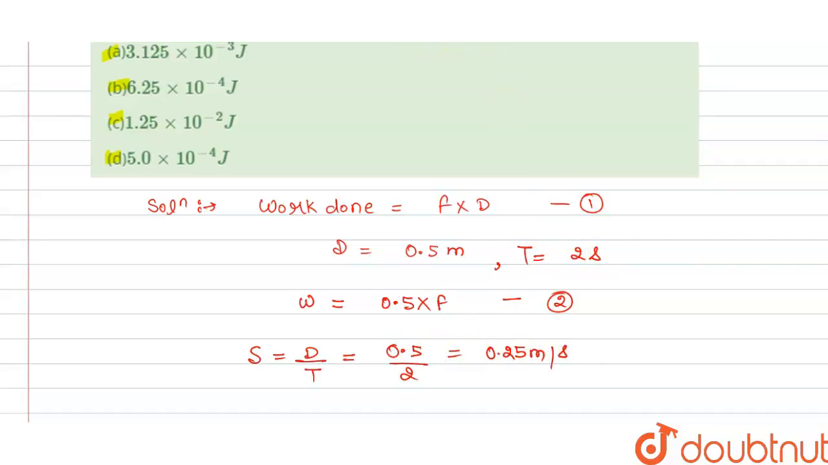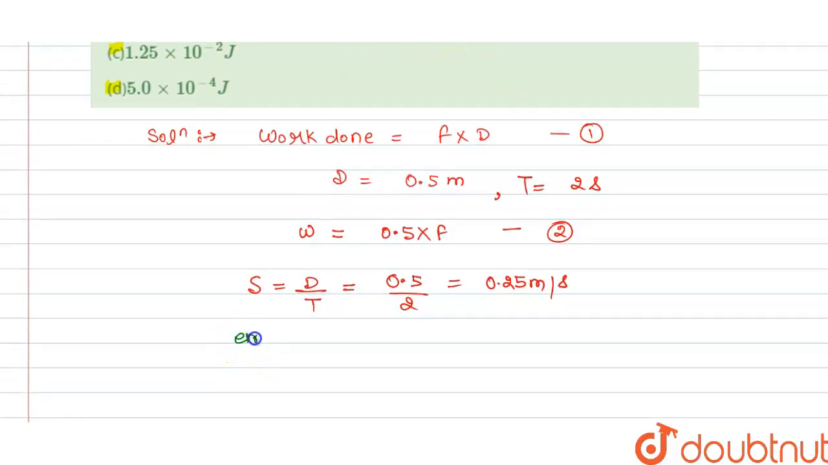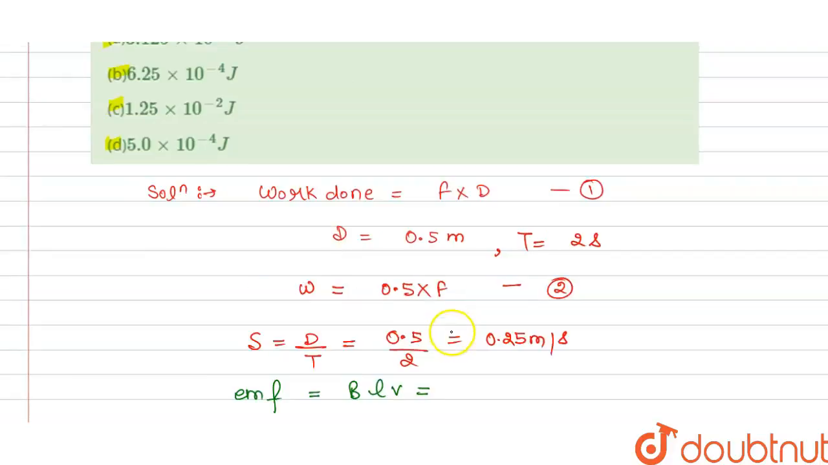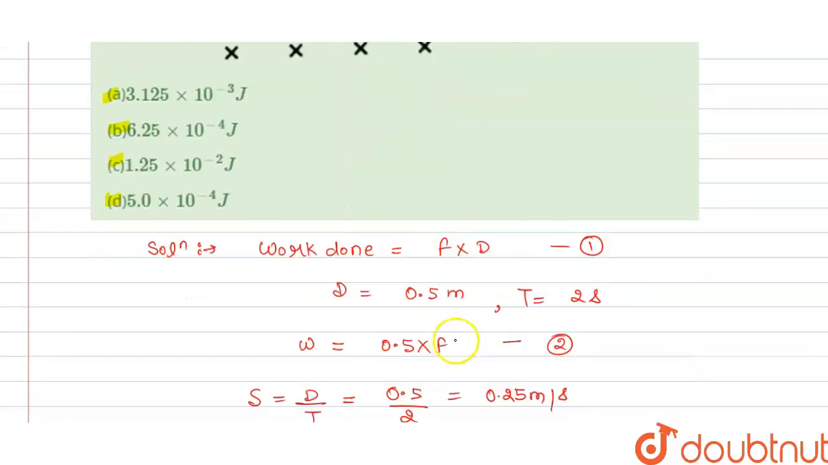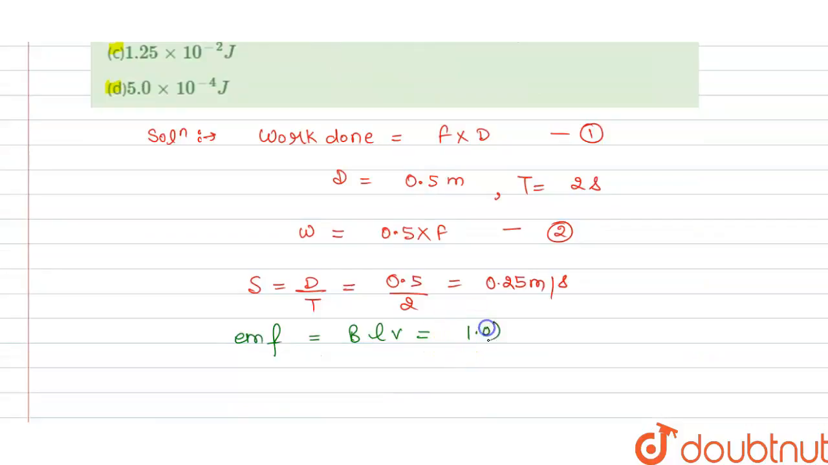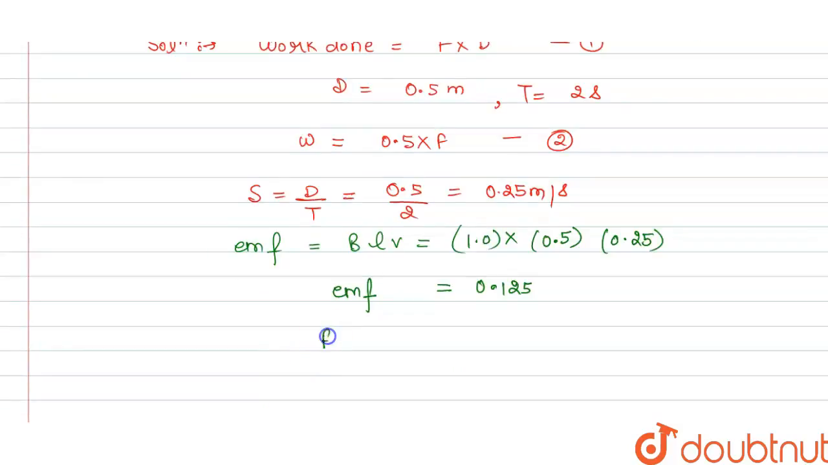So this is our speed here and we can find the induced EMF, that is equal to magnetic field multiplied with L, that is length, and V is the velocity. The magnetic field is 1 Tesla. So we can write 1.0 Tesla multiplied with 0.5, that is L, and velocity, that is speed, is 0.25. On solving this, our EMF is equal to 0.125,